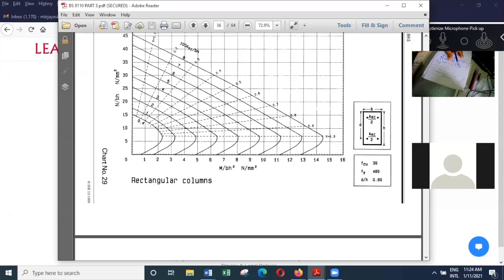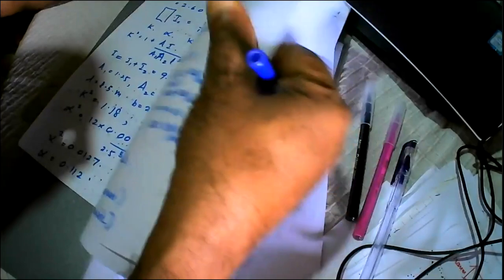So you can straight away find the amount of reinforcement to be provided, which is about 0.4. So then we can work out the other details. So let's do a proper example so that you will be able to understand it better. So right, let's take an example, and if you look at the wall that we designed last time,